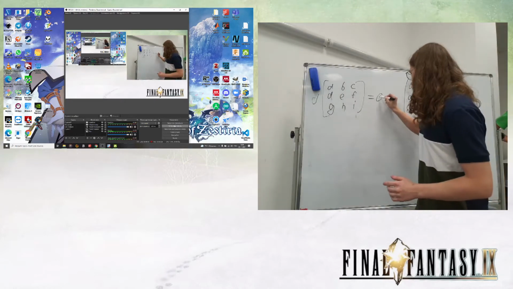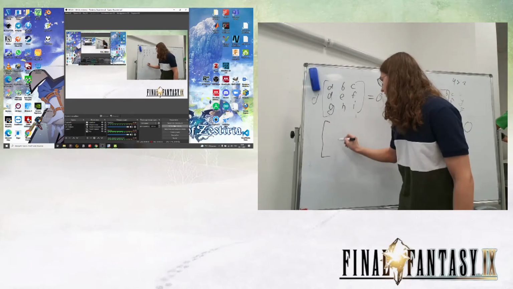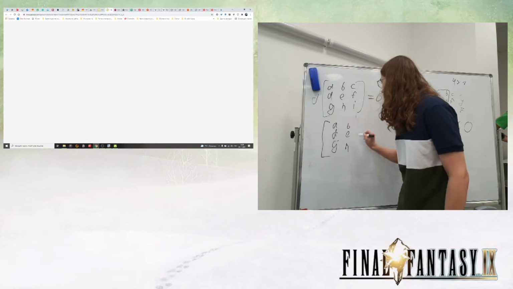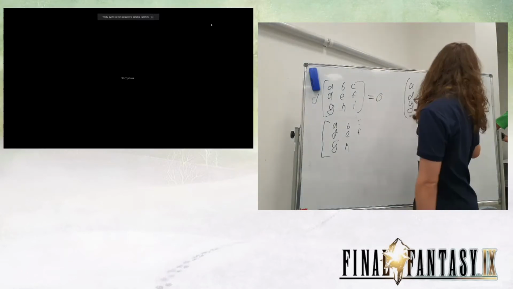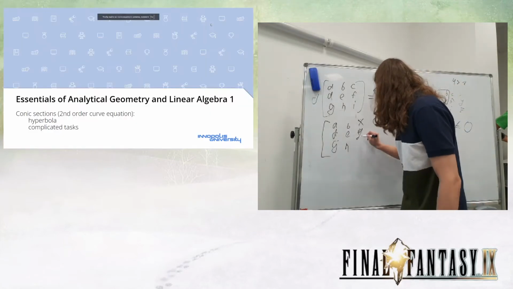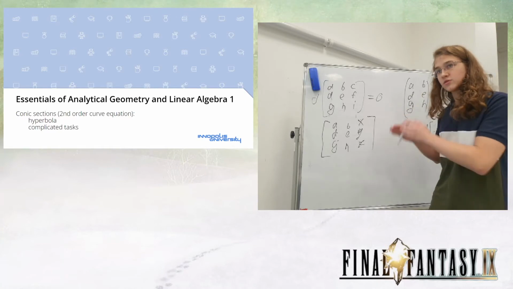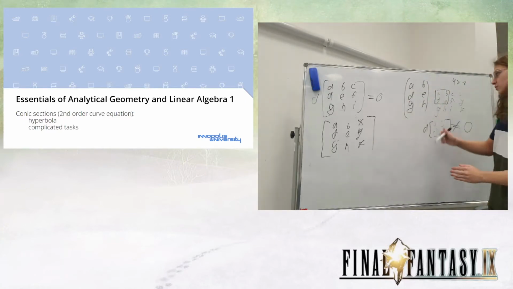Then we should take another matrix A, D, G, B, E, H, and X, Y, Z. And if both cases are equal to 0,